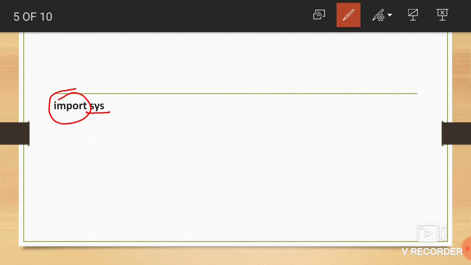Import statement आपको क्या allow करता है? जैसे हम यहाँ पे sys module import कर रहे हैं. We are importing the sys module here. Sys has these stdout, stdin, stderr file streams, and we want to use these file streams in our program. So how can we use this? For accessing those files, first of all you have to import. इम्पोर्ट करना मतलब किसी और प्रोग्राम से प्रोग्राम की जो फंक्शंस है उसे अपने प्रोग्राम में यूज़ करना. So for that purpose we are importing the sys module in our program.